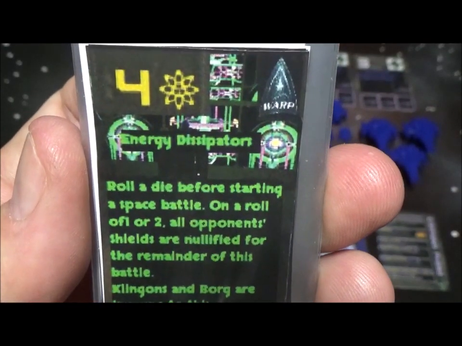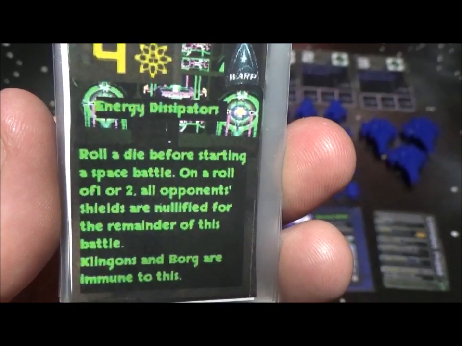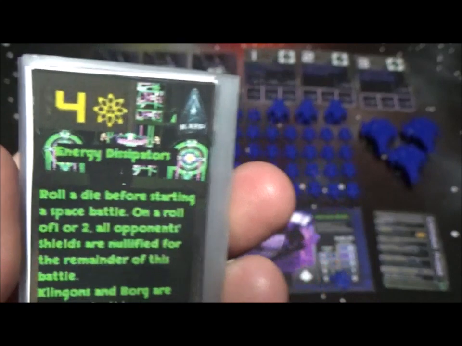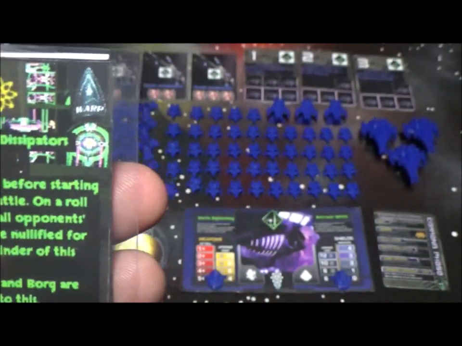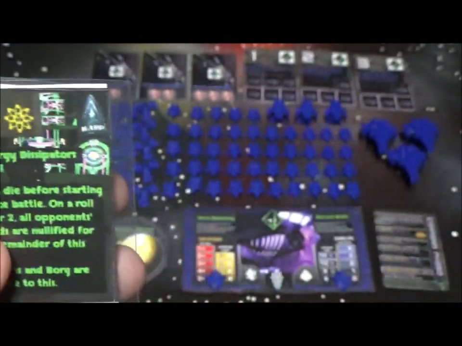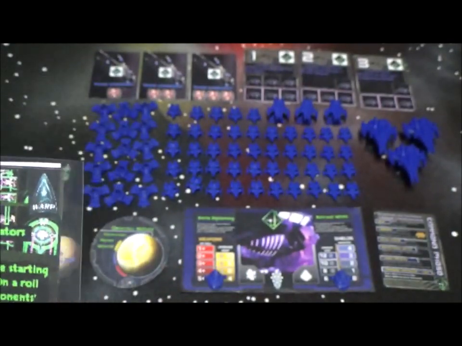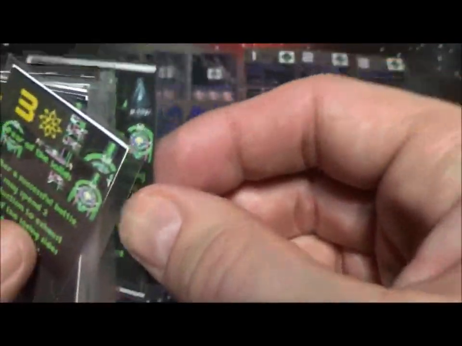The energy dissipators. You roll a die before the start of a space battle. On a roll of a 1 or 2, the opponent's shields are nullified for the rest of this battle. And it's basically the Breen energy dissipator that the Dominion had access to. If anything changes, I might swap this card out, because now that there's a Breen faction, it doesn't feel right to have the Breen energy dissipator in the Dominion, but it's there because it was their weapon during the Dominion